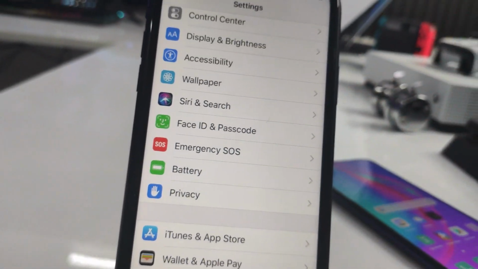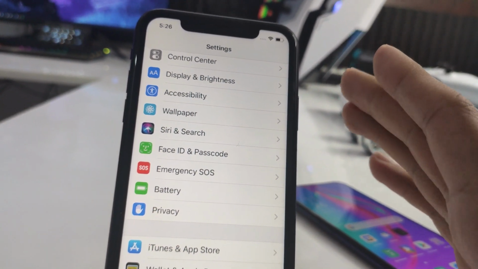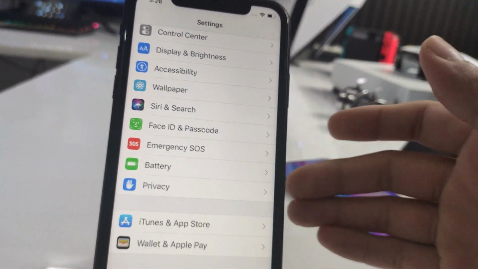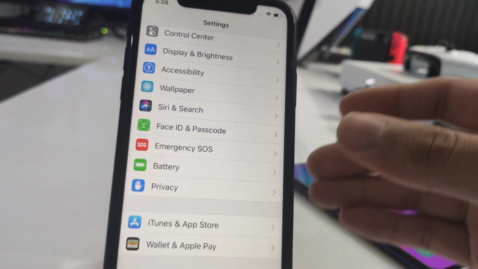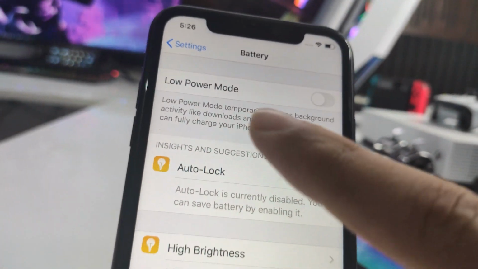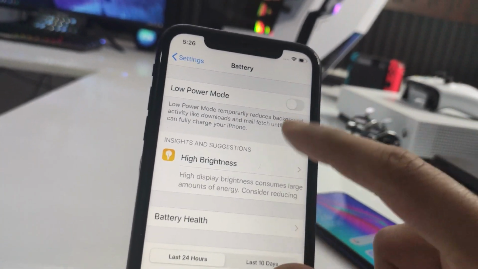As you can see, basically what we have to do is make sure our device actually lets us install profiles, because the Instagram Plus will be installed as a profile, so our device has to allow that to actually install new apps. So what you're going to do is go over to the battery settings and make sure your device is not in the low power mode. If you enable this, it's going to prevent us from installing new apps, so make sure you don't have it